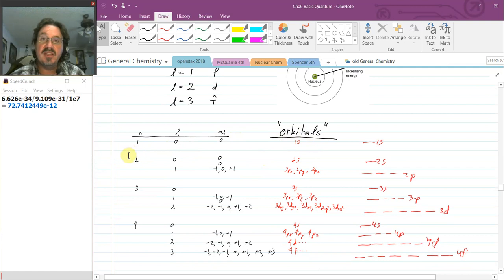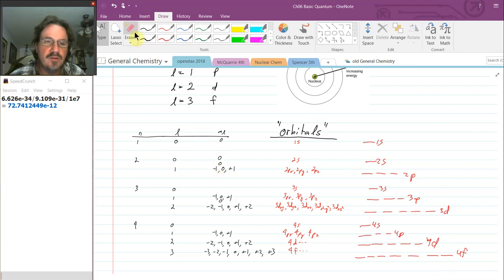Let's move up to the second energy level, or the second principal quantum number, n equals 2. Now for that, L could either be a 0 or a 1. Remember, L always starts at 0 and it goes up to n minus 1. In this case, 2 minus 1 is 1. And so L could be either a 0 or a 1. And if L equals a 0,